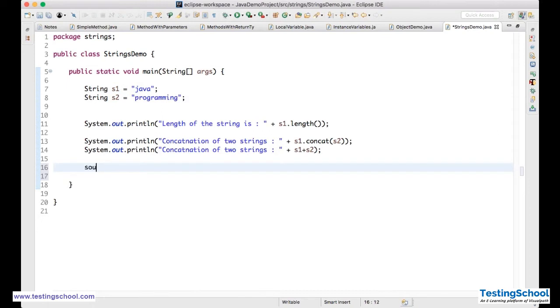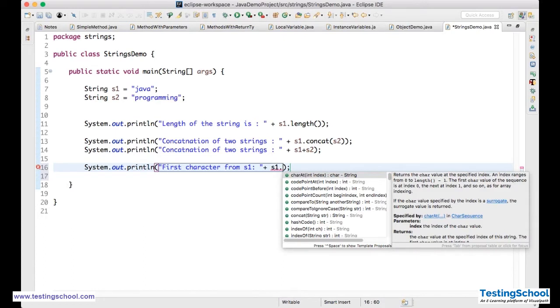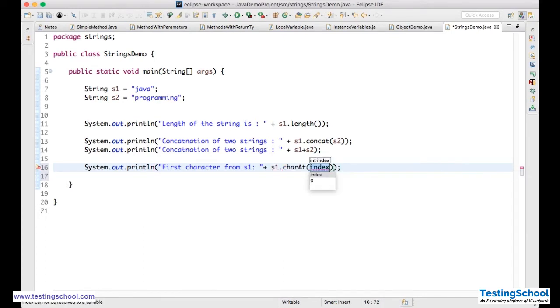So what I'll do, the first character from s1. How can we get that? s1 dot charAt, you see that charAt means character at an int index. You need to give the index. Whenever you talk about an index, it starts from 0, right? So if I give 0, it will be the first position.